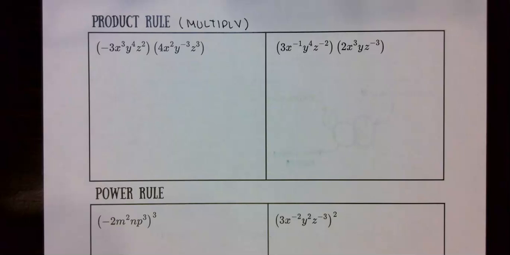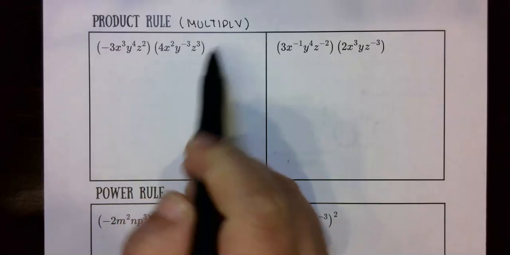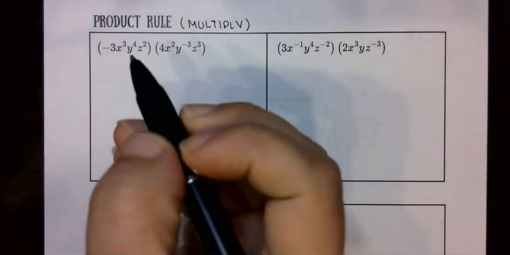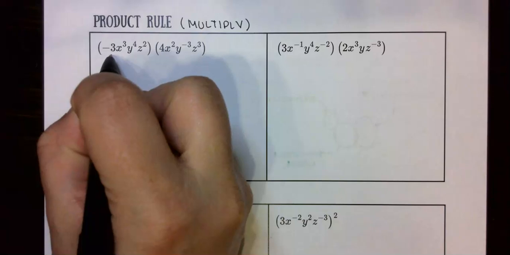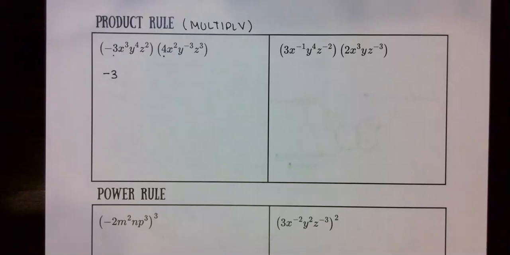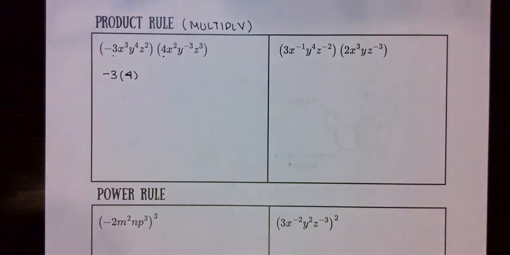But before you do that, I'm going to ask you to organize your work. Even though these look like they all go together and these look like they all go together because they're in separate parentheses, I want you to understand that nothing goes together. We can actually take these all apart and rearrange them to organize them. So the first thing I'm going to do is start with my coefficients. I have a -3, but I have another coefficient, which is a 4. So I'm going to put it right next to the -3 in parentheses,